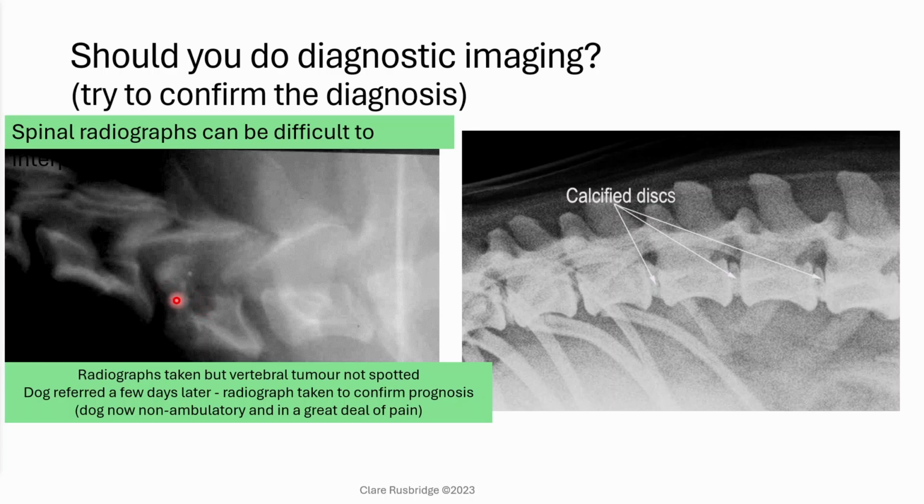This is when I spotted that on the radiograph that the vet took. The dog had acutely deteriorated. I took another radiograph and confirmed that the dog had a fracture. The dog was non-ambulatory and in a great deal of pain, and so euthanasia was recommended at that point without further tests. But one could argue that if the vet had made the diagnosis in the first place, then the animal would not have needed to be referred or go through that further